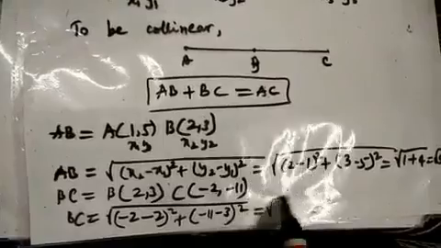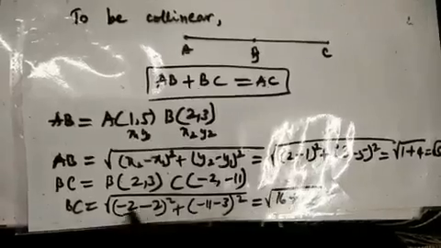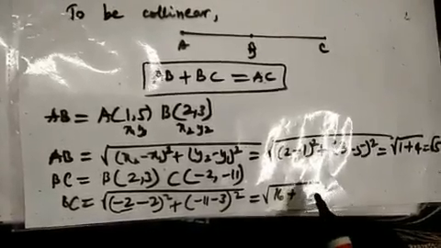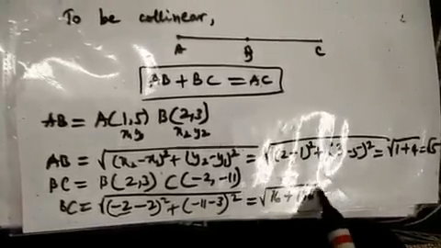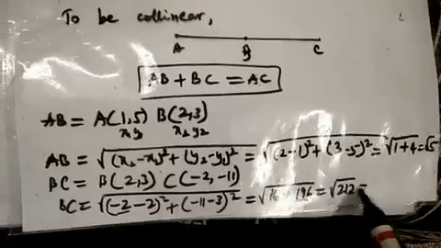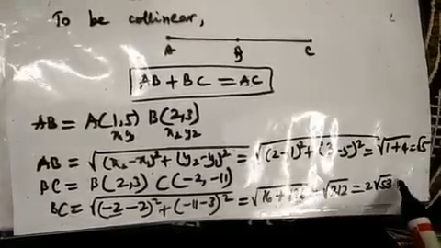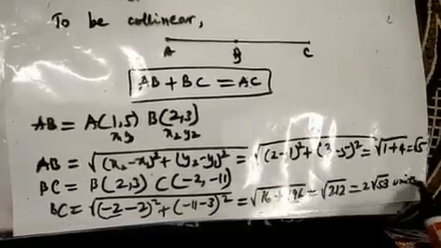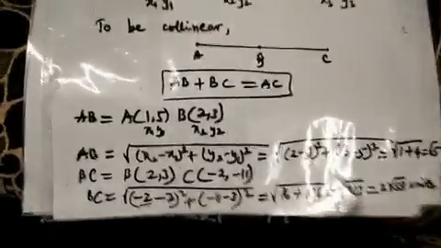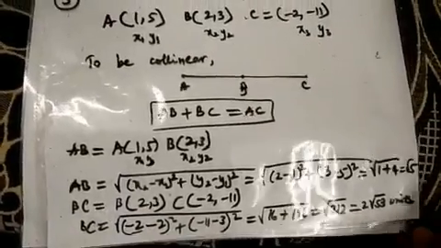It is equals to 16. 4 4s are 16, right? Minus 2 minus 4, 16, and 196, and it is equals to root 212. And when you find out LCM, 2 into 53. See, those who are having doubt in finding out roots, do let me know on Zoom class. We will clear it out. Okay. Now we found AB and BC. Now it is a turn now for finding us AC.